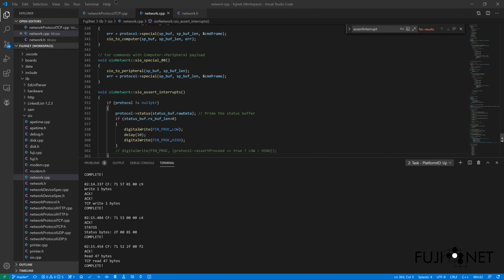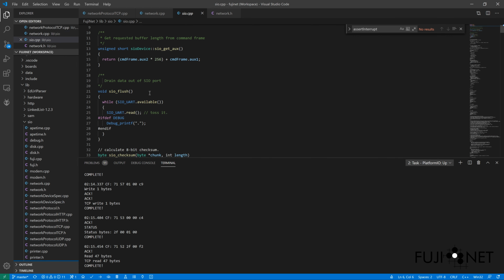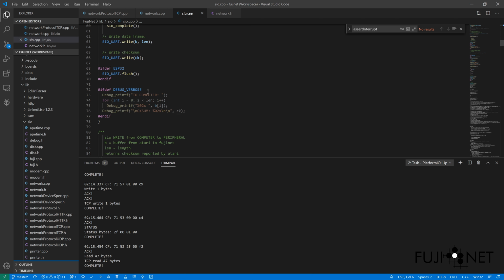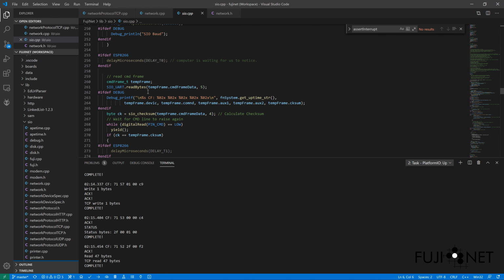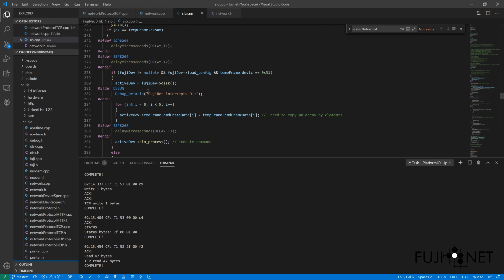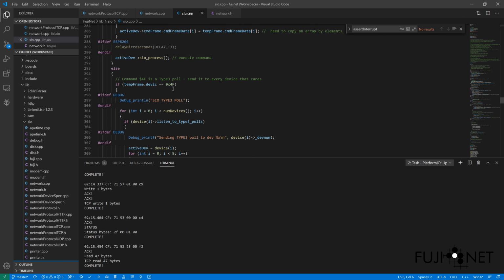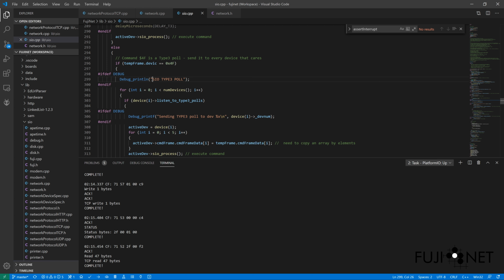So, the heart of the whole thing, essentially, is this SIO assert interrupts function. This actually gets called as part of the SIO service, which is the main loop for all SIO devices. Primarily, it concerns itself with dealing with command frame processing and marshalling off to the appropriate SIO device for processing as needed. But it also handles various other aspects as well, such as handling